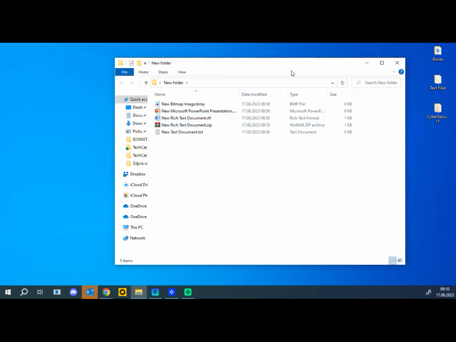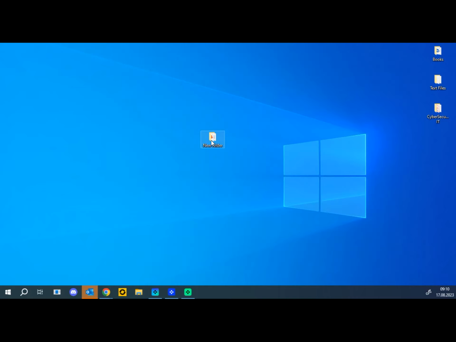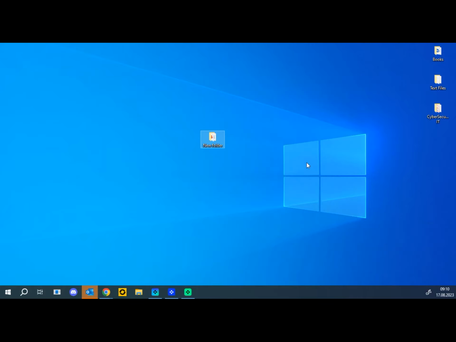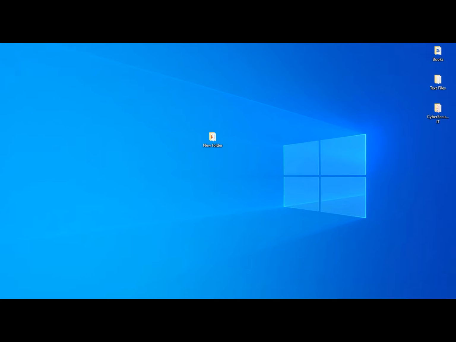So if I'm going to close this now, you can do the same with the folder itself. If you click on the folder, right click and click on Send to Compressed (zipped) folder, okay? That's going to create another file. I actually went to my other desktop, and now there it is here. So okay, that's the file that has all the files inside. It's one file that you can send by email, or you can share it with OneDrive. So if I'm going to open it,